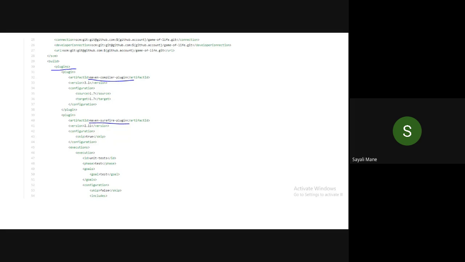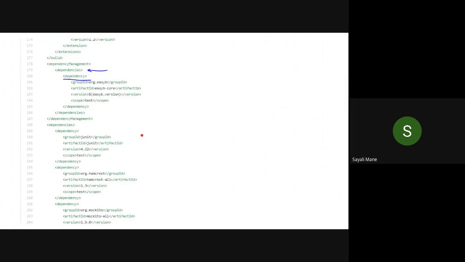Are you getting that plugin word and all the plugins related to your Game of Life project? Yes or no? Yes, okay.